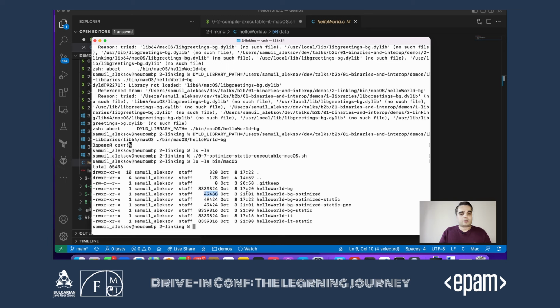So it suddenly becomes 49 kilobytes, but this is still going to load our shared library because it's shared, that one was not optimized.